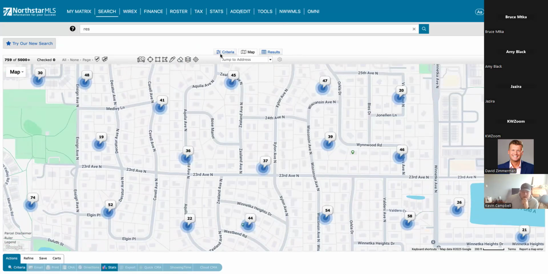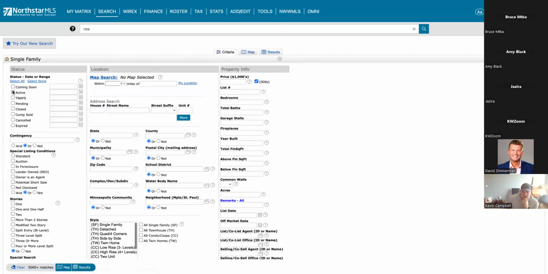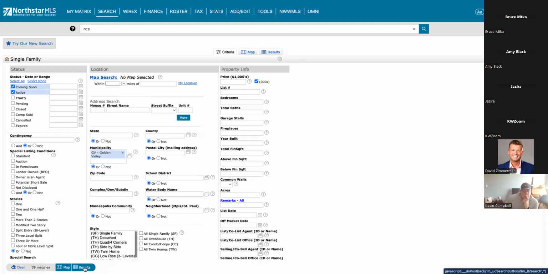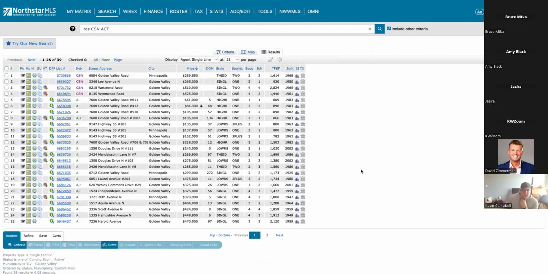I'm going to just run a simple search and then show you the results columns. Again, another feature that I think comes in handy. So I'm just going to look for active and coming soon listings in Golden Valley. So I'm going to view those results. You're going to get it in this grid view. So in this grid view,